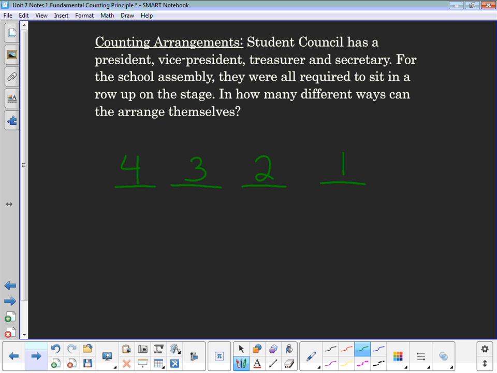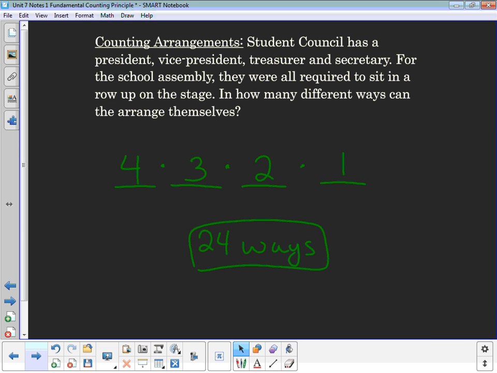Now, to figure out how many different ways this could happen, just like the fundamental counting principle, we're going to multiply all these together. 4 times 3 times 2 times 1 gives us 24 different ways. So there's 24 different ways that they can arrange themselves into 4 seats. And that